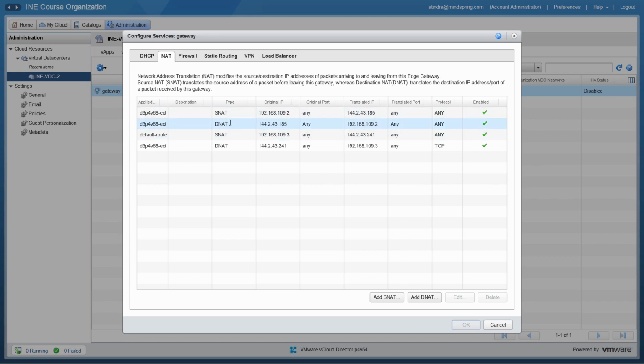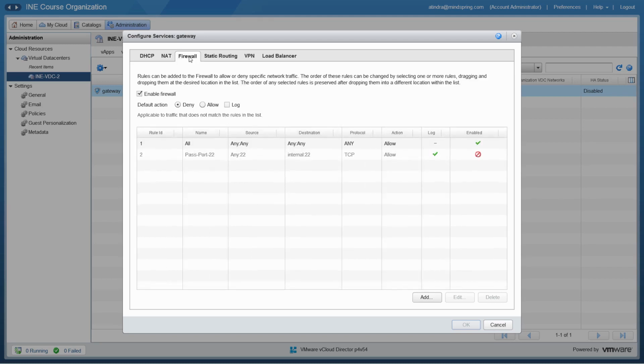but realize that the source NAT and the destination NAT, which are these two in this case, are the ones that are being used, and the firewall rule in this case, the any rule actually, because it is above the pass port 22 rule. I could move this down here, for example, and then this rule would take precedence. But the point of it is that